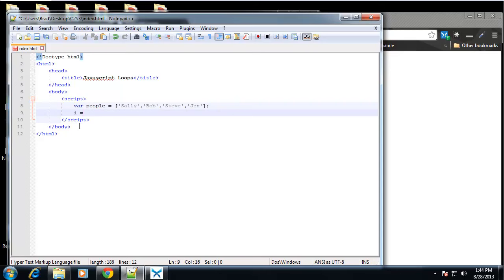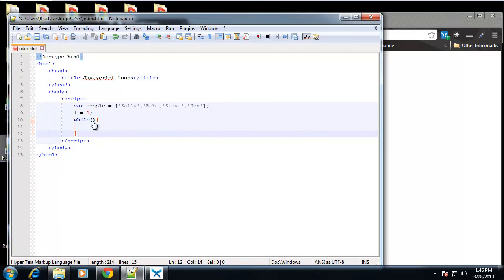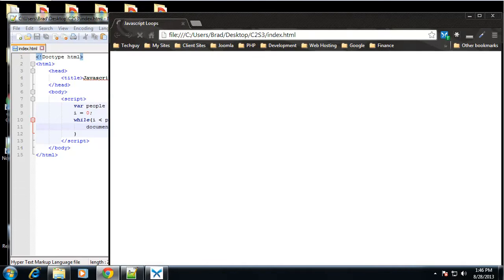So we'll say I equals 0, and we want to say while I is less than people.length, then we want to say document.write people I. Now let's just concatenate a line break. Save that, and